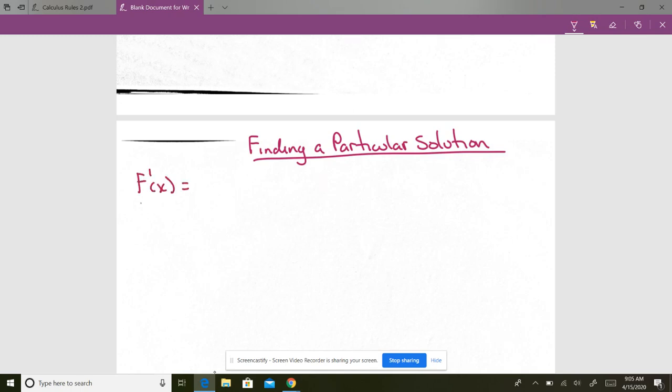f prime of x is going to equal 3x squared minus 1, and f of 2 is equal to 4. So I know what the derivative is. I know the original function passes through the point (2, 4). That's our x, that's our y. I want to find the solution. Find